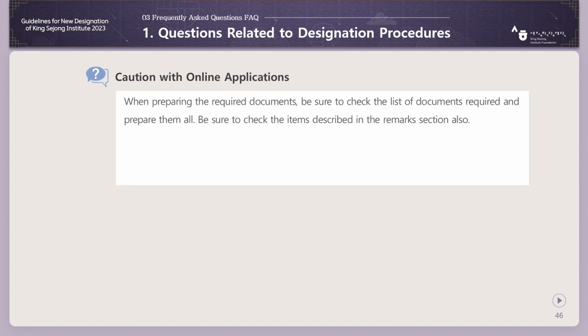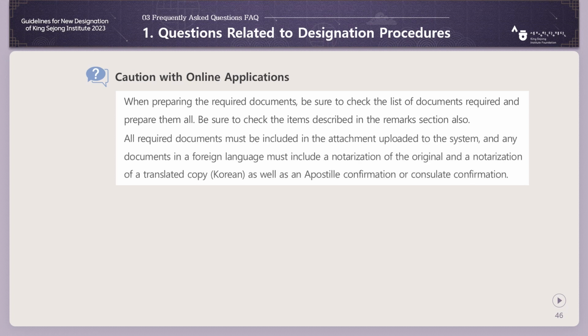When preparing the required documents, be sure to check the list of required documents and prepare them all. Also, check the items described in the remarks section. All required documents must be included in the attachment uploaded to the system, and any documents in a foreign language must include a notarization of the original and a notarization of a translated copy, Korean, as well as an apostille